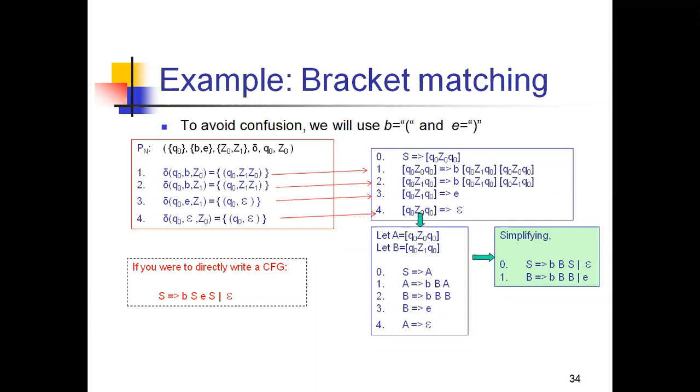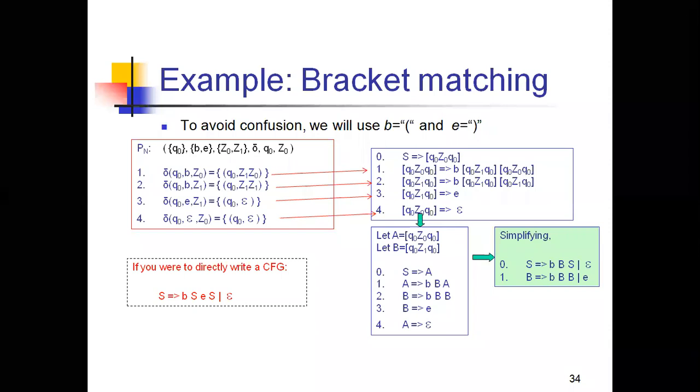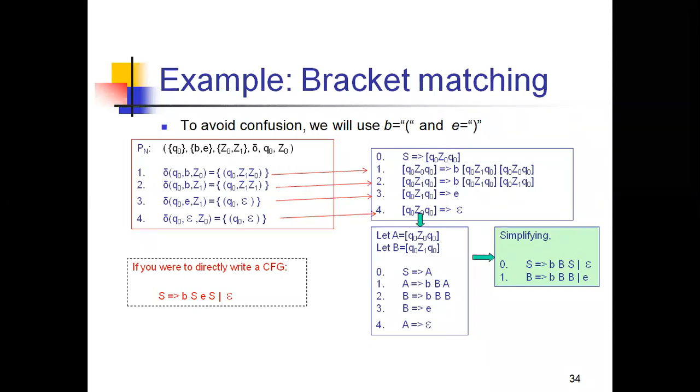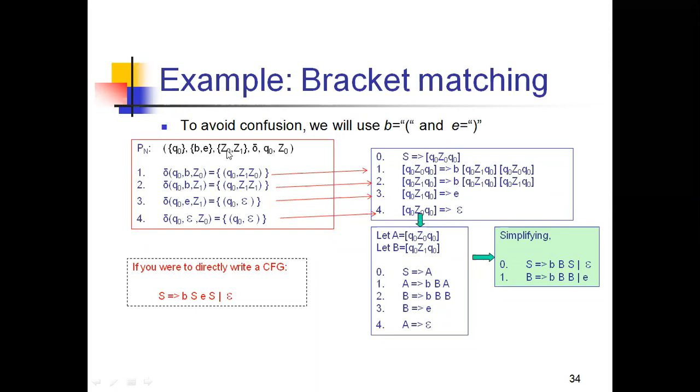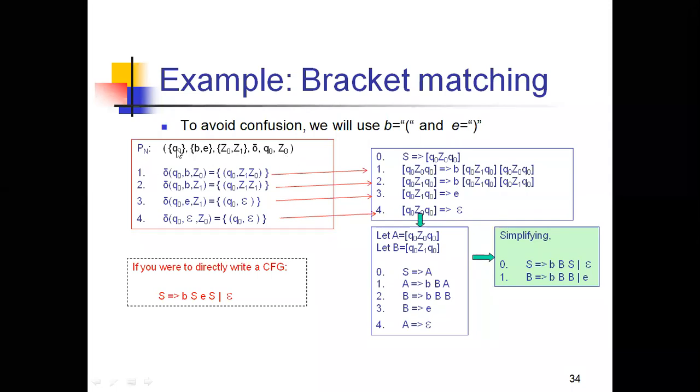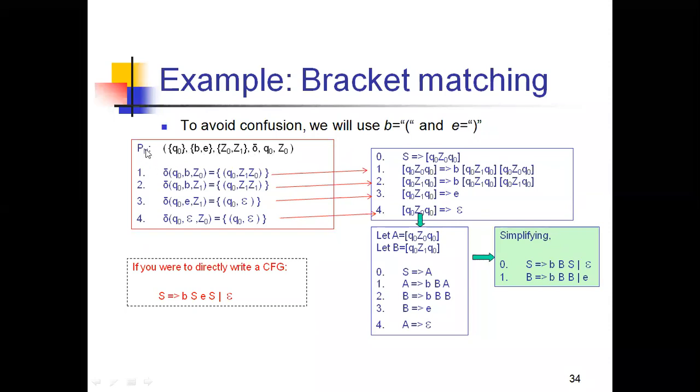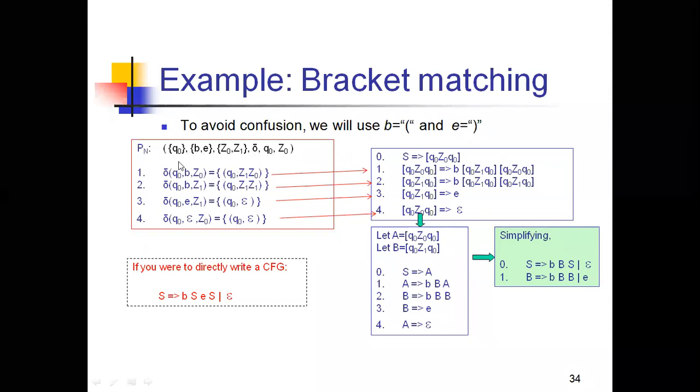So wherever we have a B, it is an open bracket, and wherever we have an E, it is a closed bracket. So initially my PDA is like this. My PDA is Q naught, B, E. B and E are nothing but open and closed; these are the input alphabets. Z naught and Z1 are the stack alphabets. Transition delta, Q naught and Z naught. So this is my PDA. It is a non-deterministic PDA, that's why I am putting PN like this, and also it is an empty stack PDA. Q naught, B, E, Z naught, Z1, delta, Q naught and Z naught.